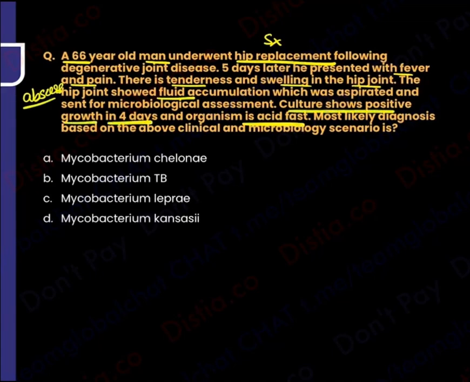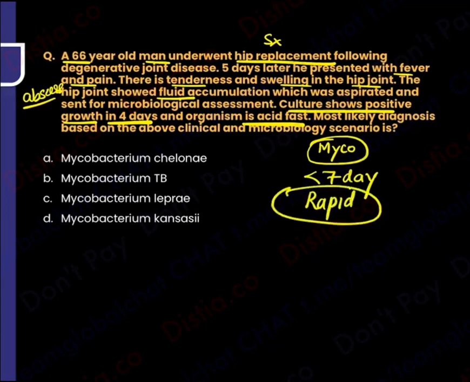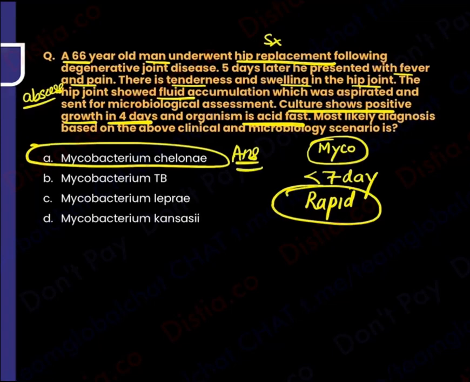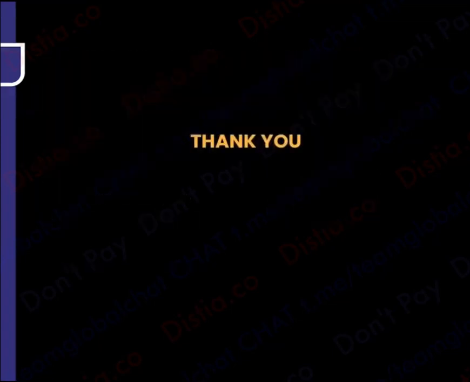And the organism is acid fast. Acid fast means they are talking about a Mycobacterium species, and 4 days, less than 7 days, means it's a kind of rapid grower. Which of these is the rapid grower? I can see this person over here, Chelonae. So Chelonae is going to be the rapid grower, right? So that is going to be the answer over here. I hope everyone's okay with this question, because with this we have wrapped up our entire discussion of